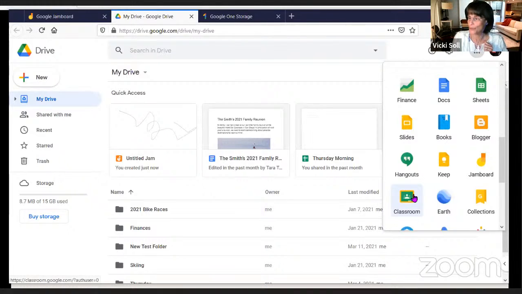Google Classroom. Some of you may have heard of Google Classroom. This started to become very, very popular about this time last year. This is what many schools use. They use Google Classroom. So what it enables teachers to do, and it doesn't have to be used just for schools,